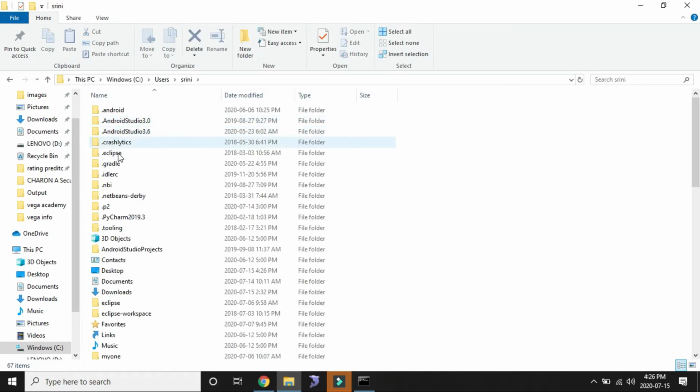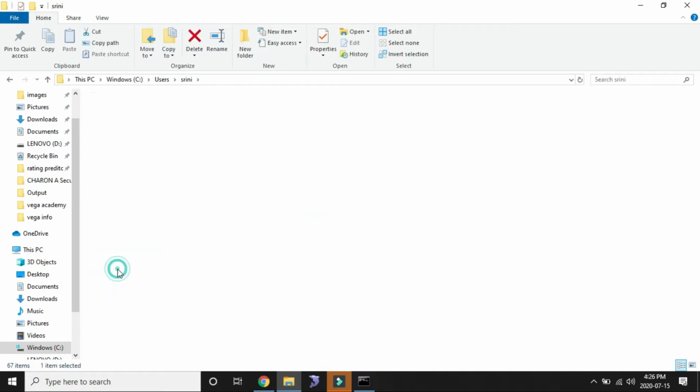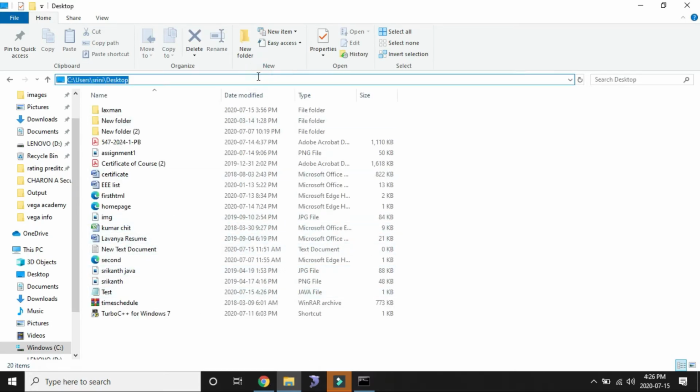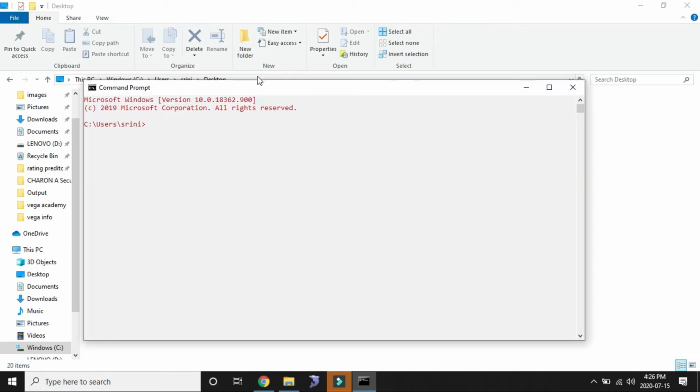Here we have the desktop, and on the desktop I have test. Copy this entire address, and here type cd, space, that entire path, then enter. So it will move to the desktop.